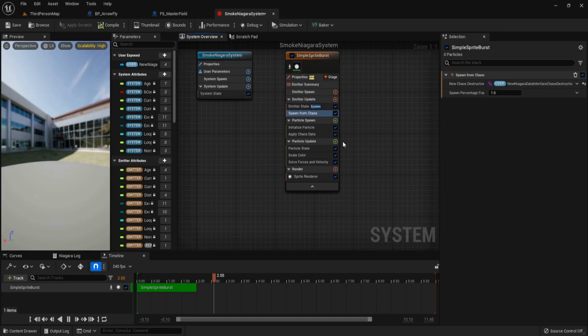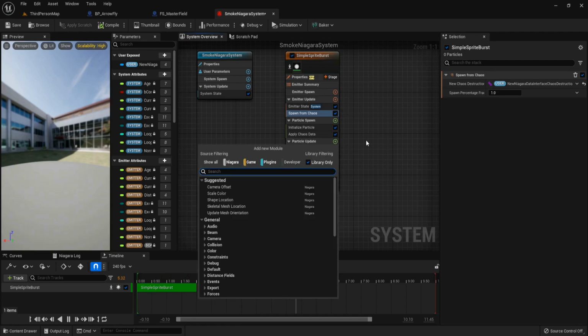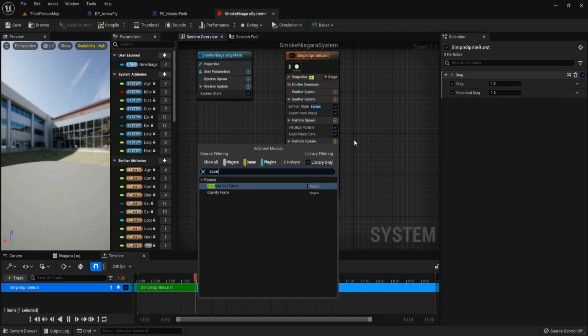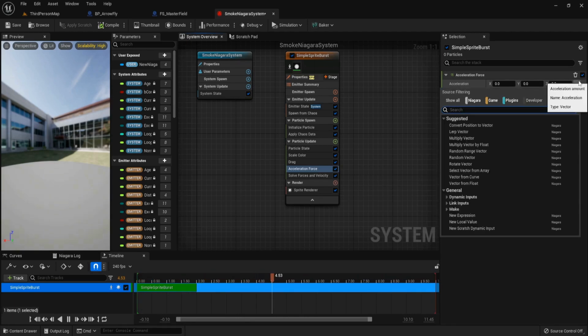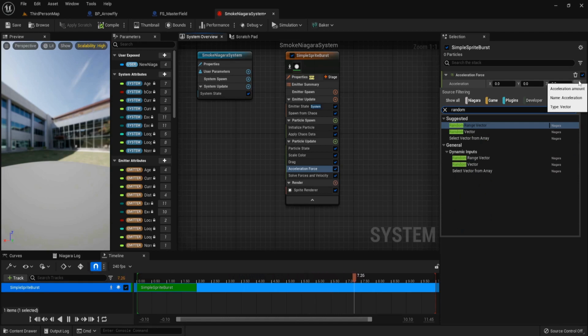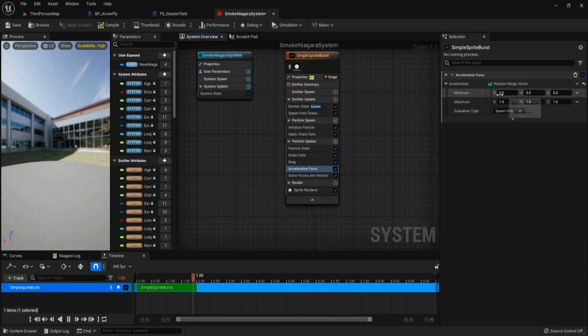And for the particle update, we can add drag into it, add acceleration force, and for the acceleration, choose random frame vector. The minimum is -25, y is -25, and z is 100, and maximum is 25, 25, and 150.